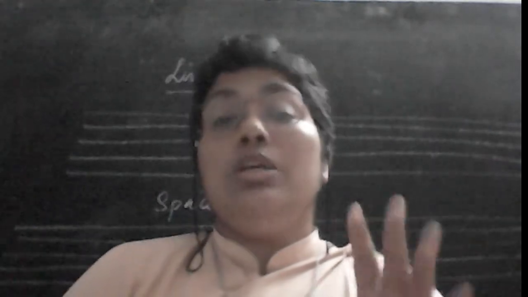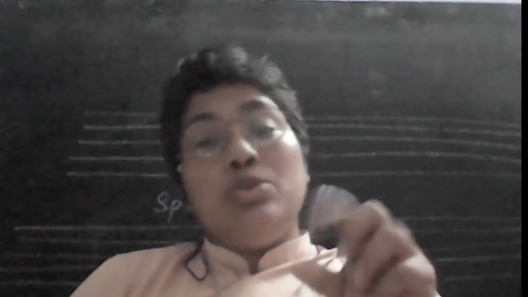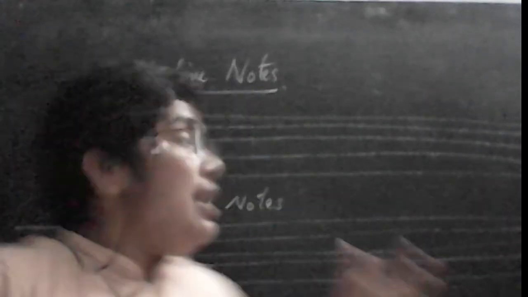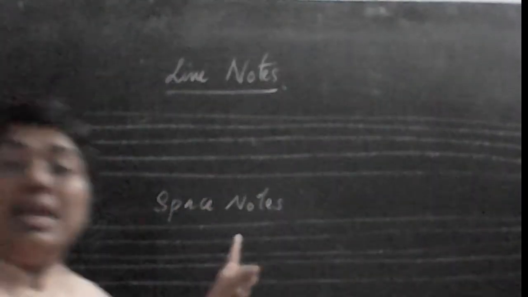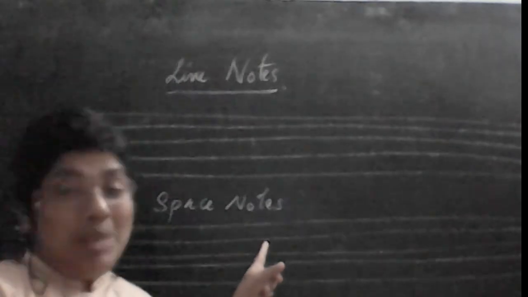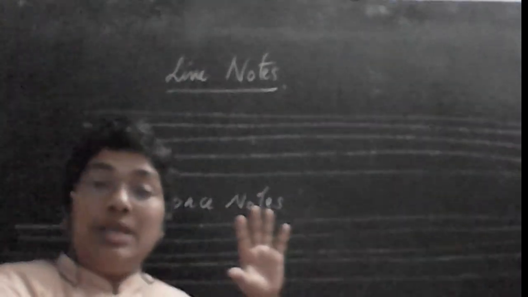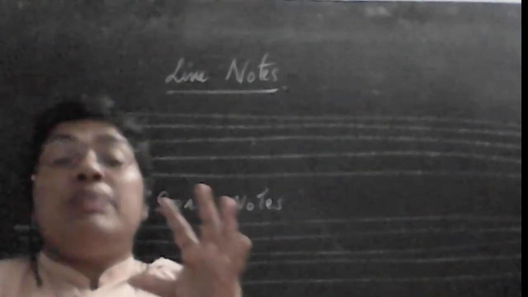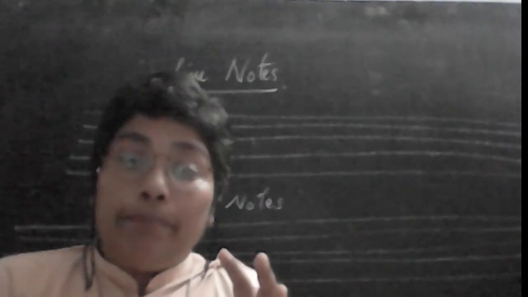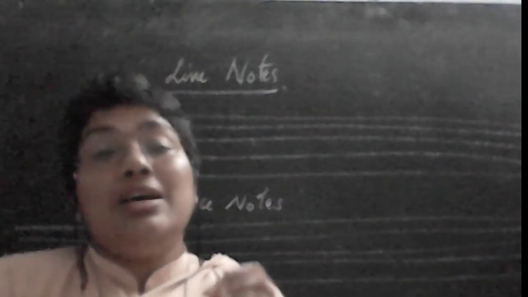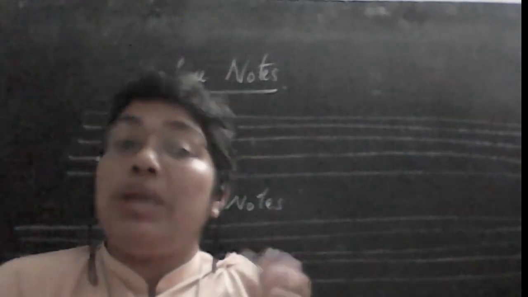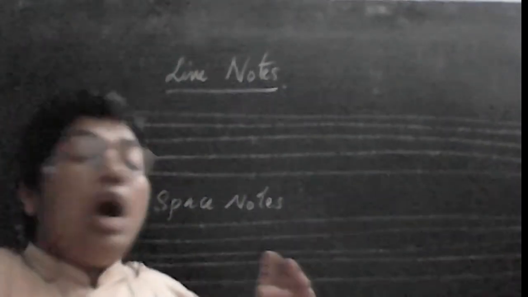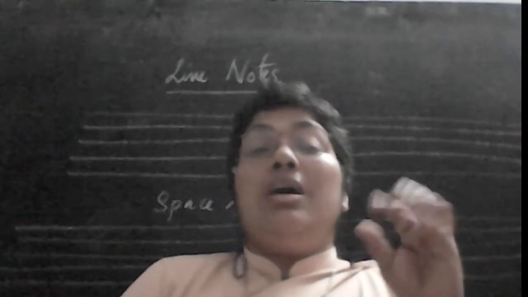When you scientifically represent it, the entire music notes are classified into two categories, known as line notes and space notes. By looking at the music notes, you must be able to identify which notes are there, and that is how we are going to learn the music and learn to play the songs.